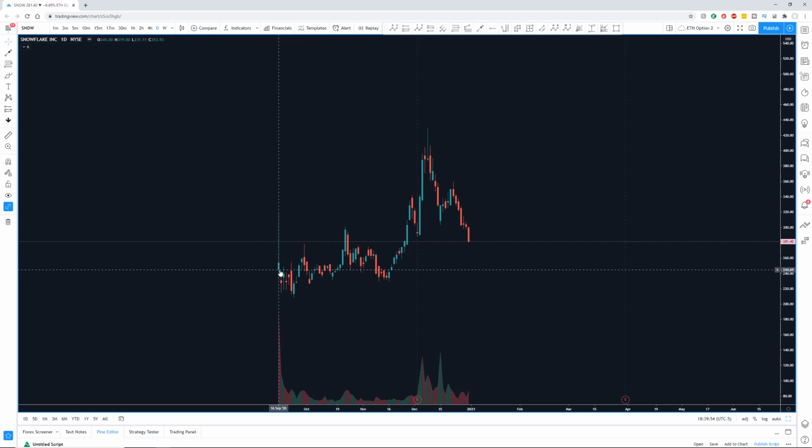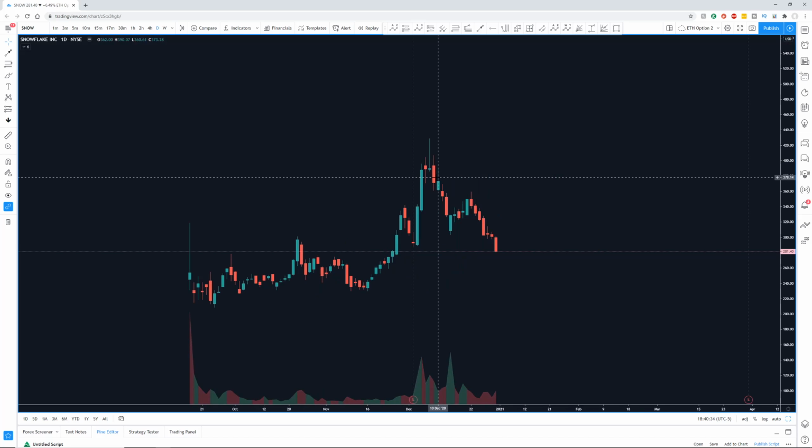Okay, so Snowflake IPO'd around $244, and on the same day we saw the price break up above $315 to about $318 in here, and it pulled all the way back almost right where it IPO'd. After that, we saw a couple days of a downtrend, touching about $208 on the lows, and then we saw all-time highs in SNOW above $420 through the beginning of December,